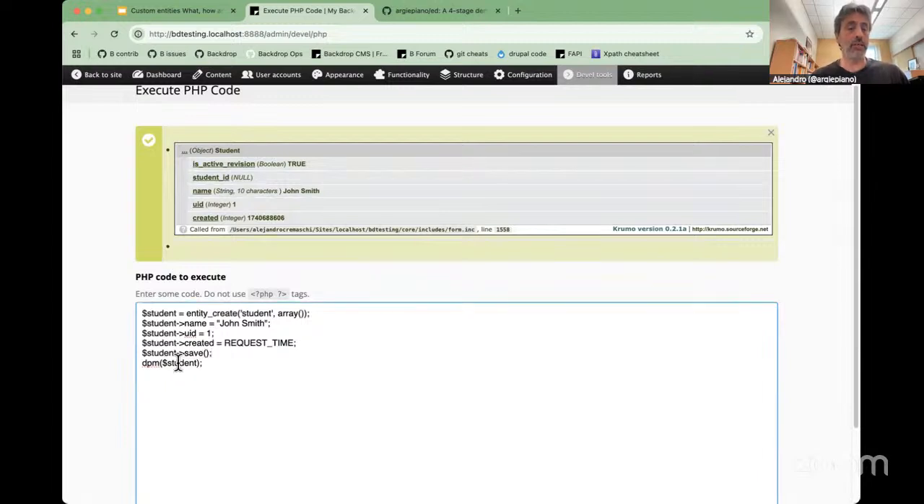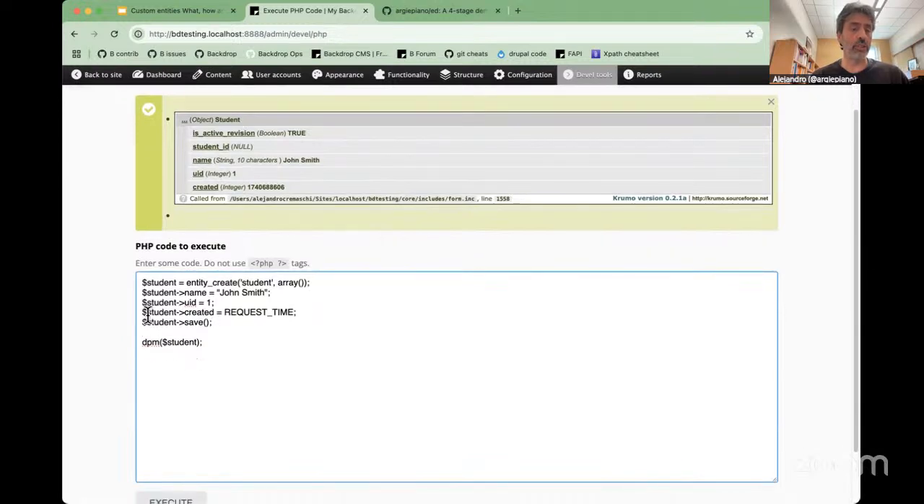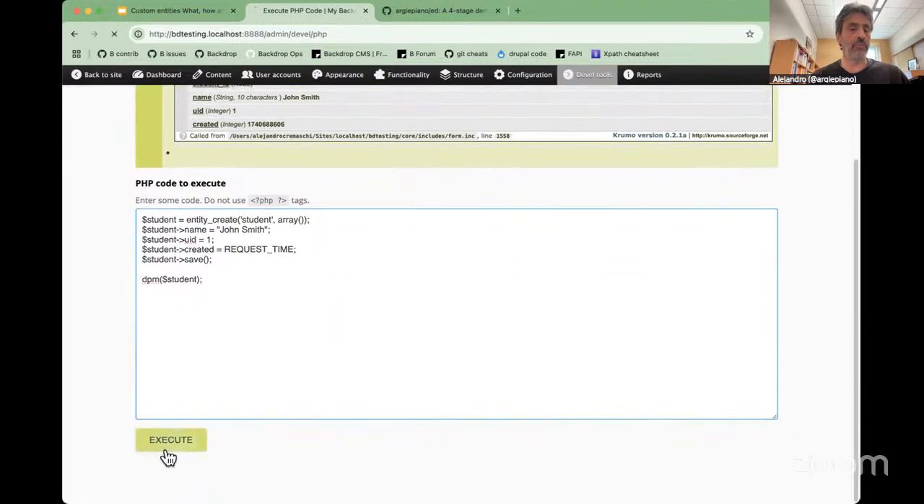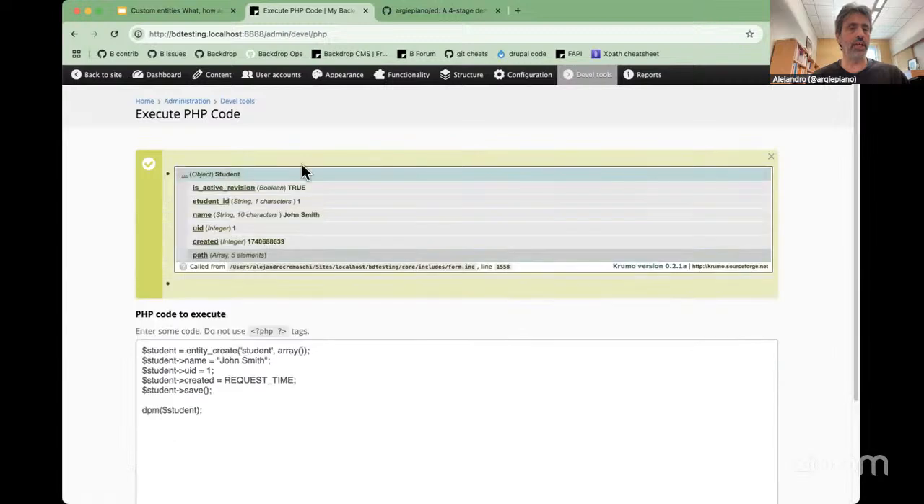And this is because my object is extending the entity class, which is in core. That entity class provides the save method. So I don't have to worry about creating a method to save the entity. I just called save. And if I do that, you're going to see here that my ID has been already